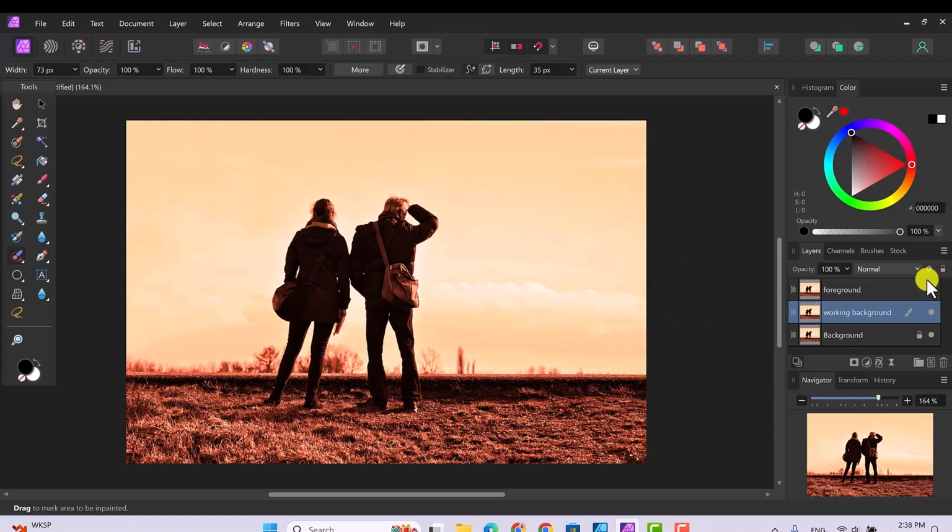And then, well, I think I'm going to hide these. Otherwise you won't see her get erased or him get erased either. So make sure that you uncheck these little dots and make sure that you only have working background selected and you only have working background showing. So then once you start erasing, you can actually see what you're erasing off of this. So we're going to paint over this and erase both of them